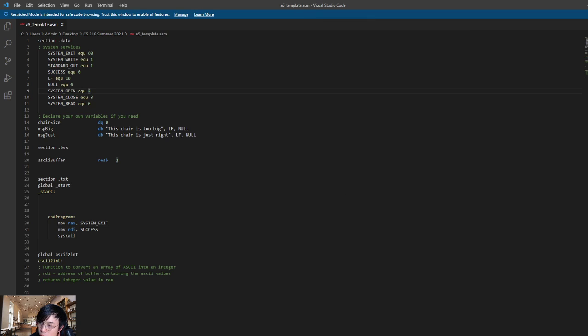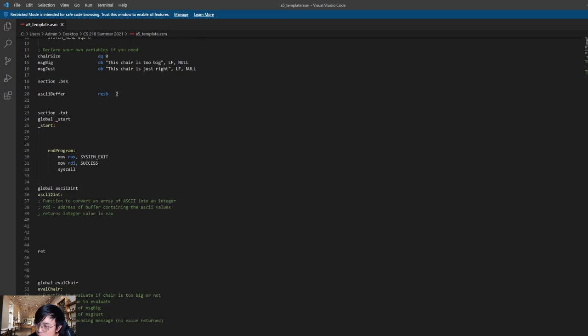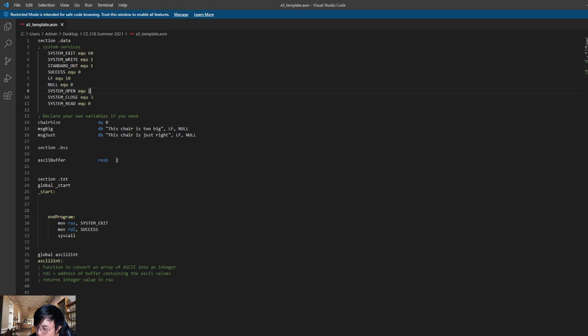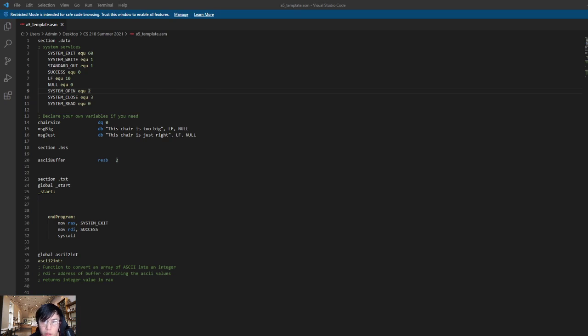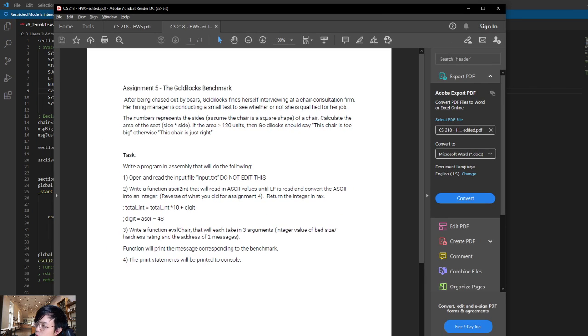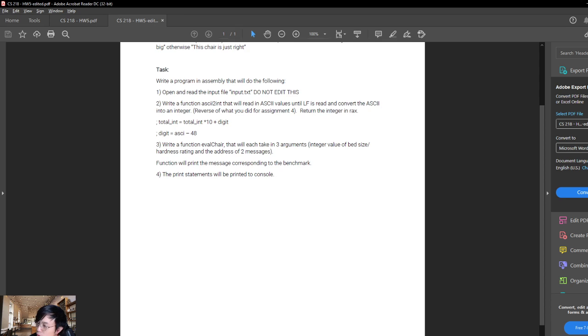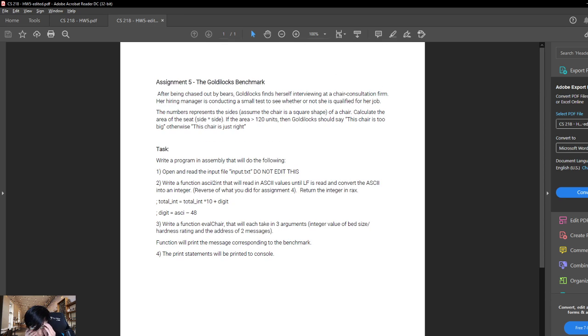Okay, so in this homework assignment, this is the source code, and we'll just edit the source code. Let's go ahead and look at the assignment. So there's the edited version, which is the one that I've given you. I've severely shortened the amount of code needed for this one. So I'll give you the premise, and then I'll show you maybe the horror stories that would have been your assignment had I not updated it. So assignment 5 says,